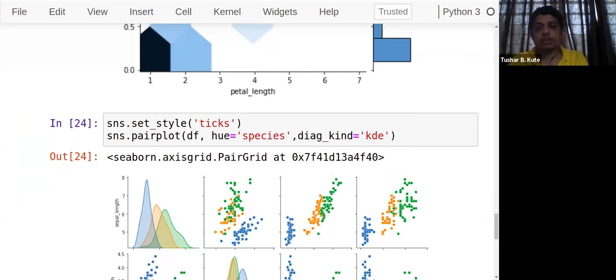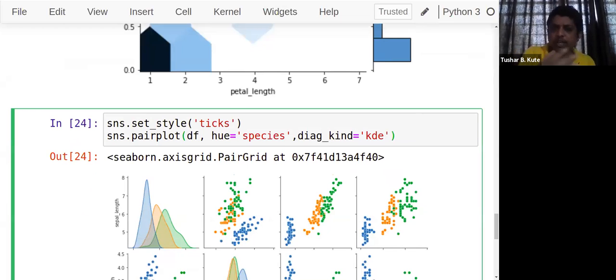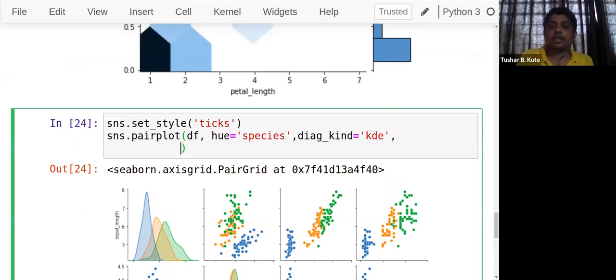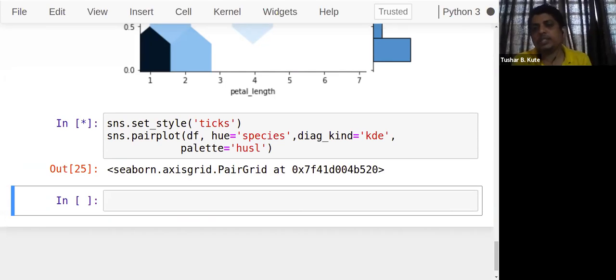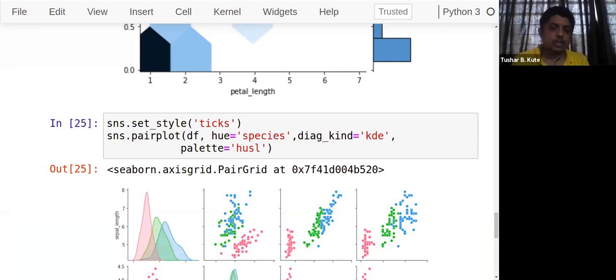Okay, fine. And if I want to change the colors, this is the default color combination used over here. If I want to add a different kind of combination, there's a parameter called palette. Different kinds of palettes are there. Let's see, the husl palette here. The colors that we have seen will be taken from this palette. A palette is a set of colors, and from that set the colors are taken sequentially. Now see, oh, not changed.